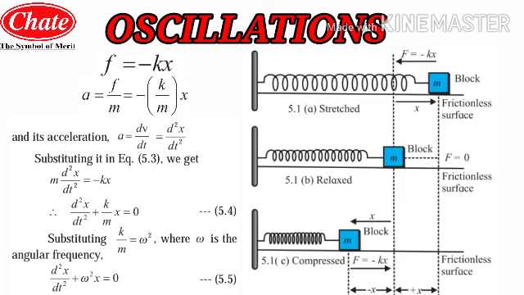The first will be at the rightmost position, then the second case will be at the middle, means at the equilibrium position of the block. Then we will consider the leftmost position, means the very compressed position of the block in which the spring gets compressed. So these 3 things you have to elaborate in your F is equal to minus kx. Okay, restoring force, F is equal to minus kx.